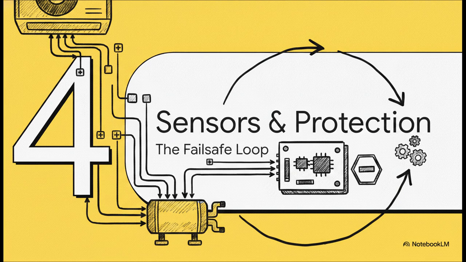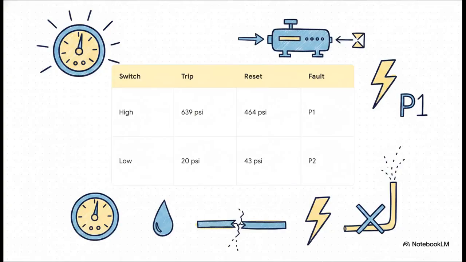All right, our final stop. Section 4, Sensors and System Protection. Let's look at the system's fail-safe loop. A lot of techs get really stuck here, so I highly recommend you just memorize these exact thresholds. For Carrier and similar systems running R410A refrigerant, a high-pressure switch trips at a massive 639 psi, which is going to throw a P1 fault code, and it will not reset until that pressure drops all the way back down